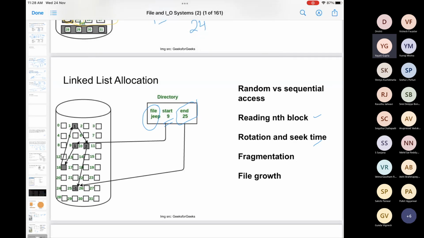Okay, now a question. This linked list allocation, why don't we use it in memory management? I remember when we were discussing memory management, what all approaches we can have, one of you suggested that we could use linked list allocation, right? But we didn't discuss it that time. So why can't we use linked list allocation for the management of main memory?